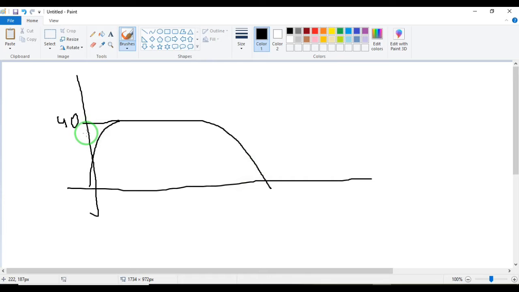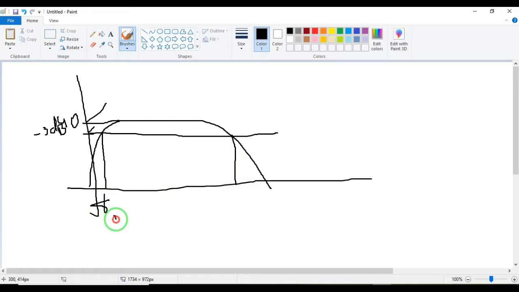So if you have got 40, you have to reduce it by 3 dB. So minus 3 dB you have to. So if this is 40, for 37 you have to mark this and draw a straight line, and wherever it intersects the gain curve, that becomes your F1 and this is F2. So this is your bandwidth. So this is how you will get the graph. Clear?